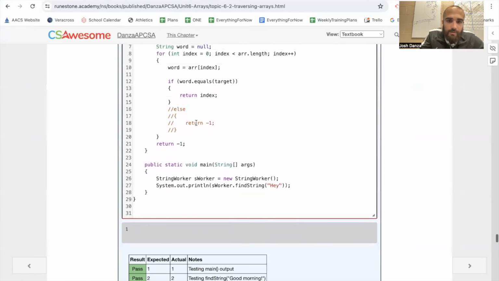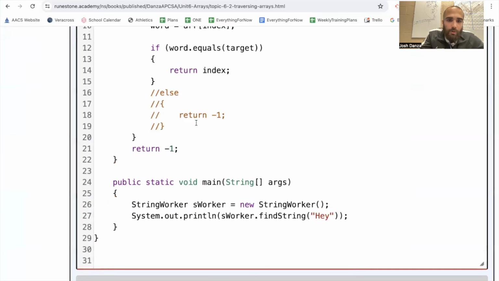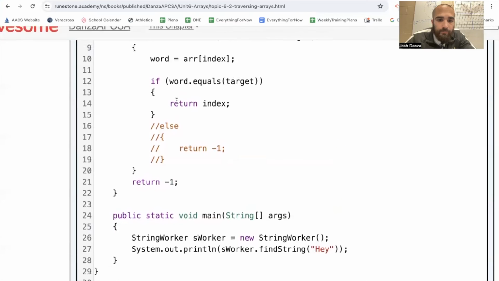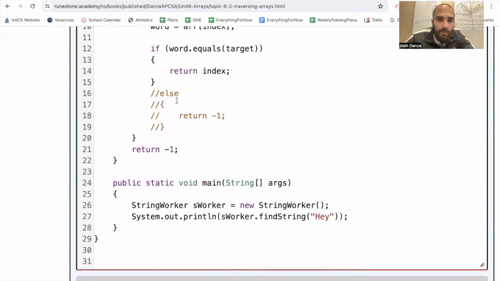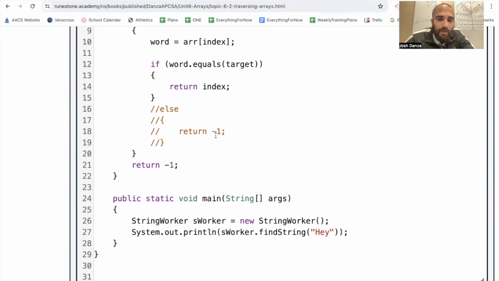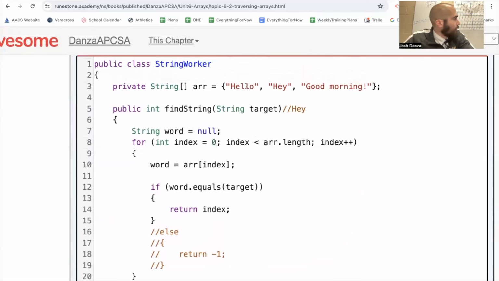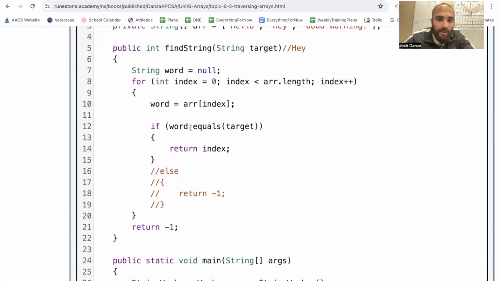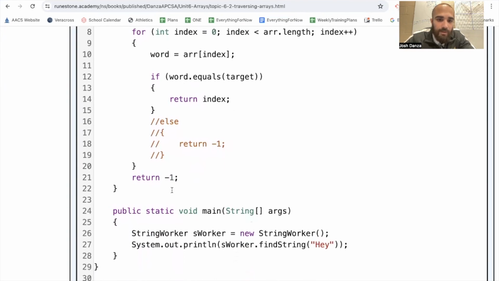And we passed. So all we had to do was comment out, or you can just take out lines 16 through 19. Okay. Because what it was doing is it would have returned -1 after only going through one element. We didn't want that. We wanted to go through multiple ones. So I took out this else. And then if it's not in there at all, if the value is not in there, then it will return